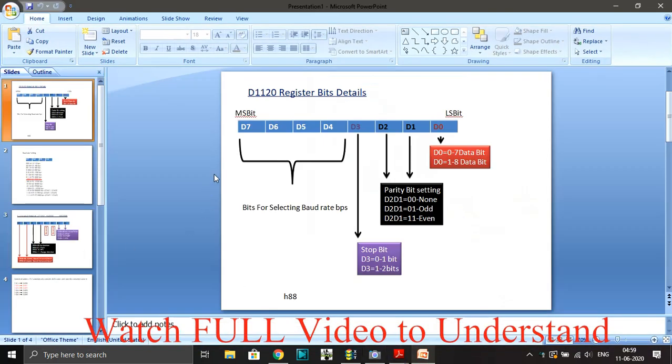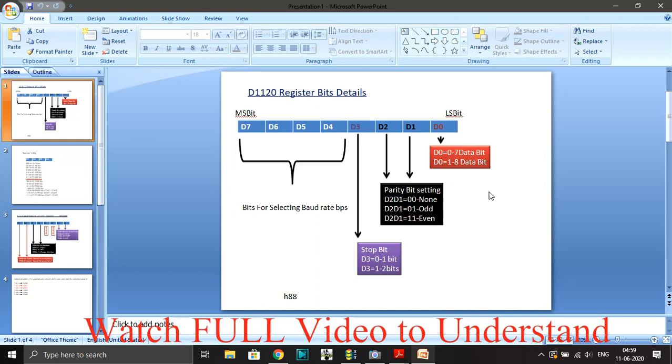So that is the D1120 register for the communication protocol. This register address is for the PLC and it is described here. So how we are going to put the bit by bit information to tell what kind of communication we are going to do. Let me start from D0.